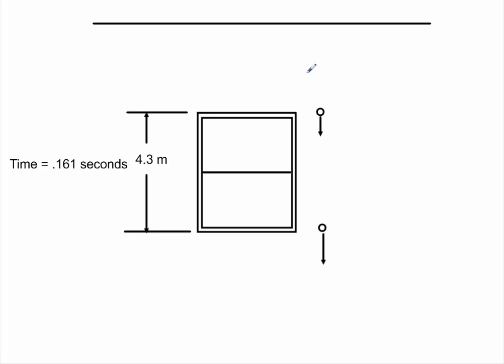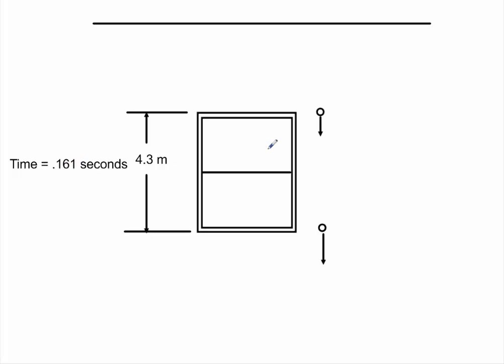This is Dr. Holt. I want to go over this UT problem. Here you have a window. It's 4.3 meters tall. You have a ball that has been dropped from a certain height. It comes down here to the top of the window, and then it proceeds. And during the time it goes from here to here, it takes